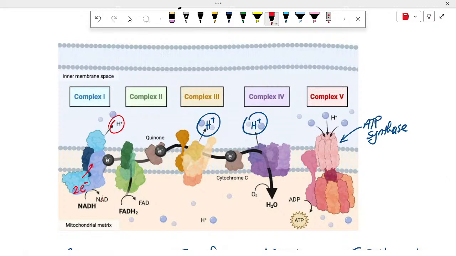If it gets a big surge of energy, what does it use it to do? Pump an H plus ion. Actually pumps 4 of them, but you don't need to know that. We always just draw it as 1 because it's not the details that matter. Those electrons get passed to a protein complex called quinone, which then carries them to what we call complex 3,